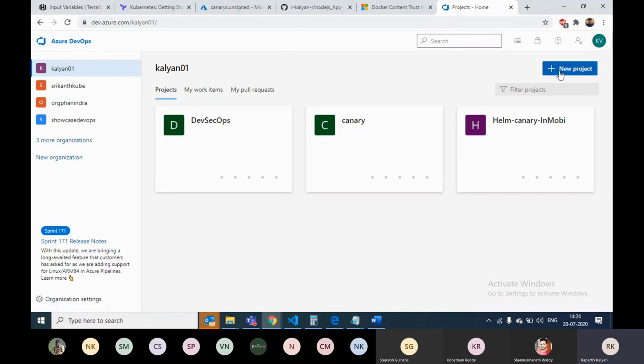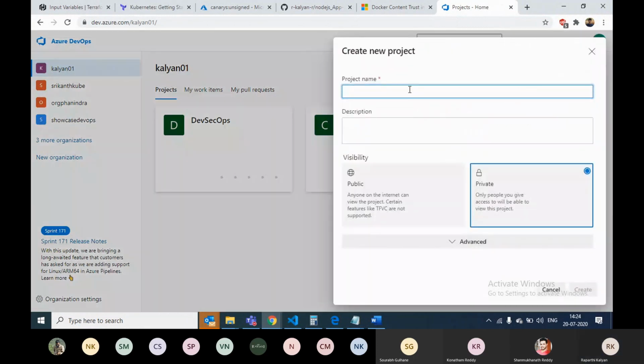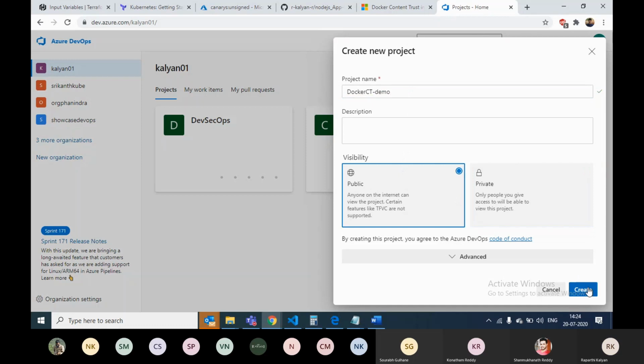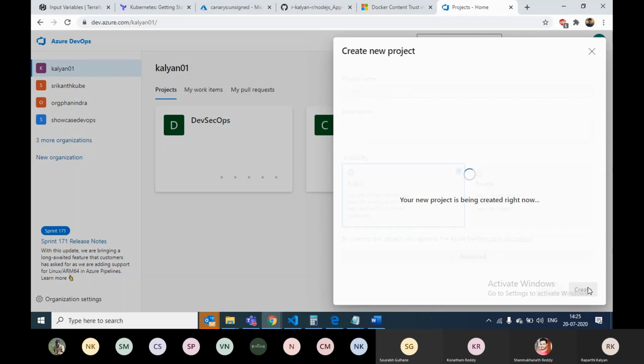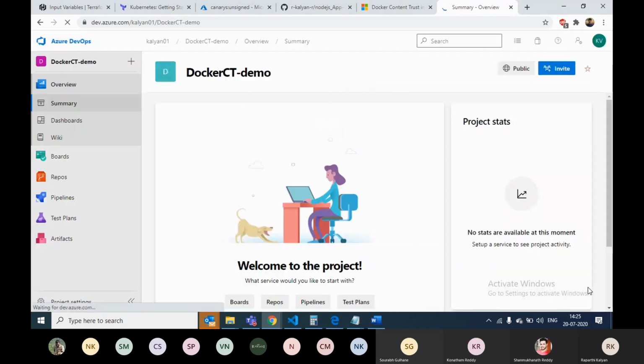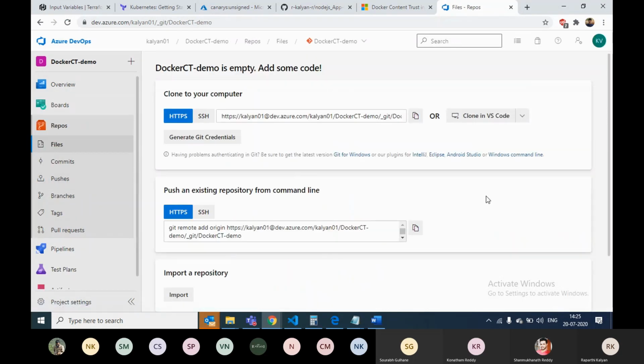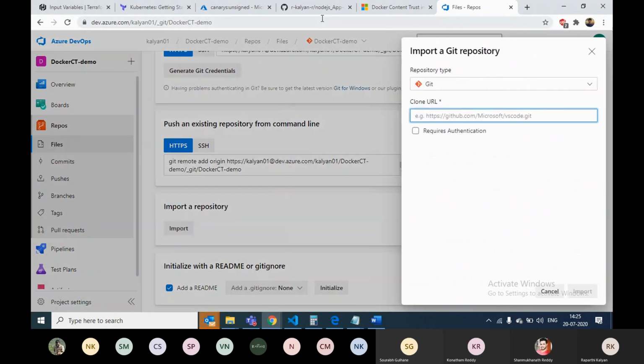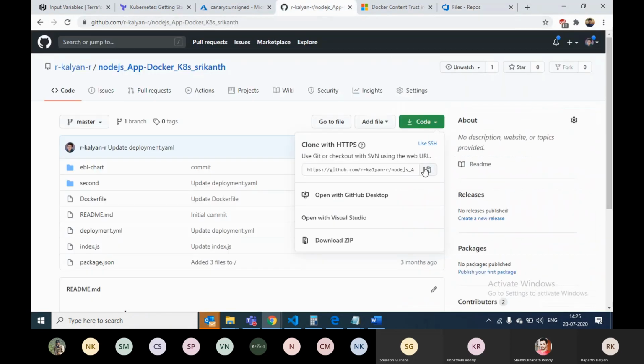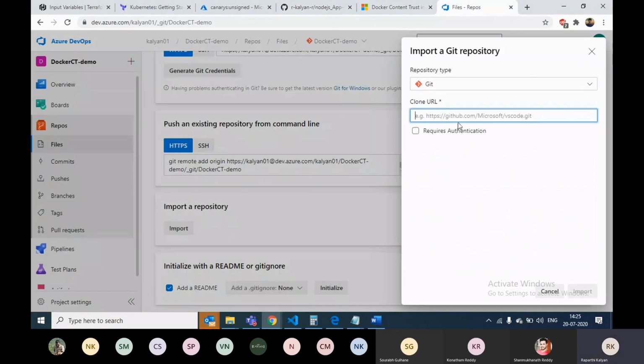So inside my organization, I'm creating a project with the name docker-demo. I'm getting my code to Azure Repos.